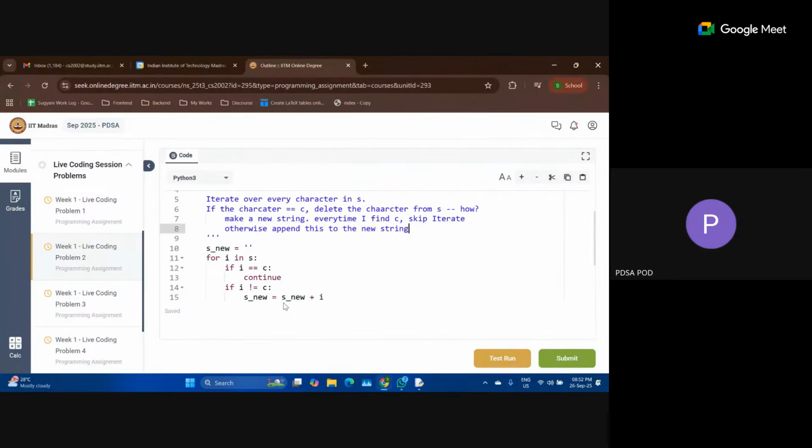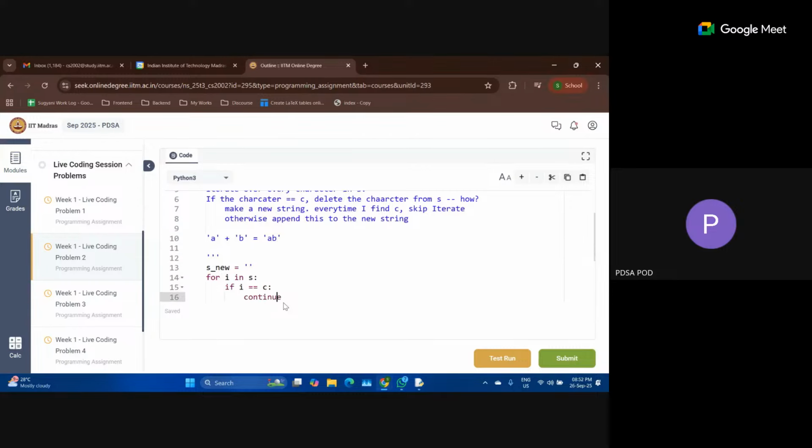For example, if A is a string and B is a string, and I use the plus operator on these two strings, it will return AB. It will concatenate the two strings. I was having A, now I am adding B to it, so it takes B and puts it at the end of A. That's what we are going to do.